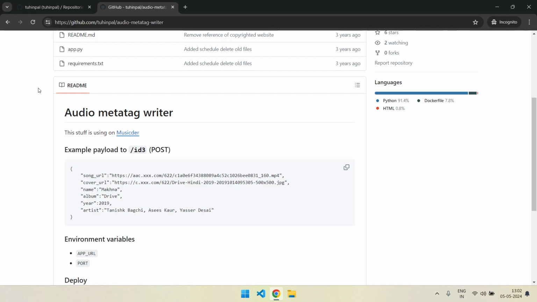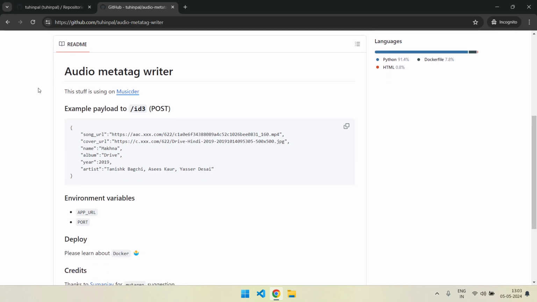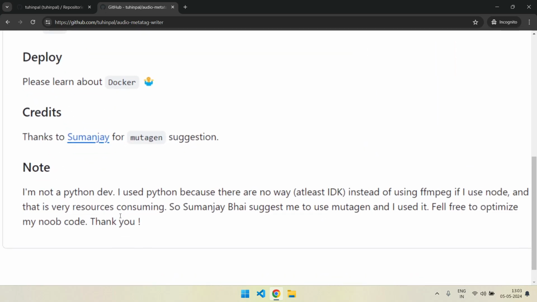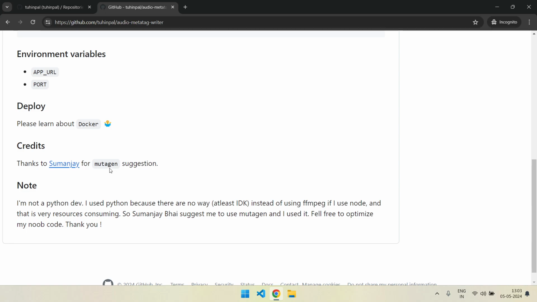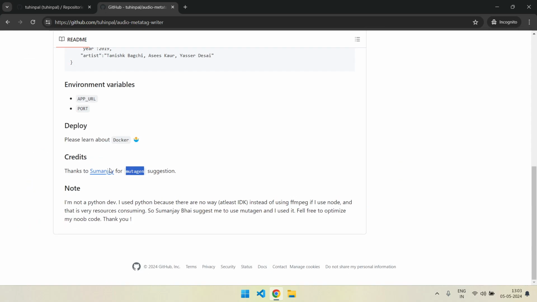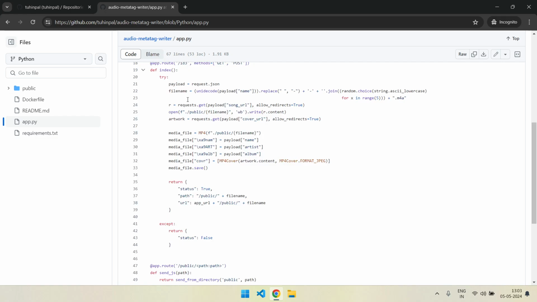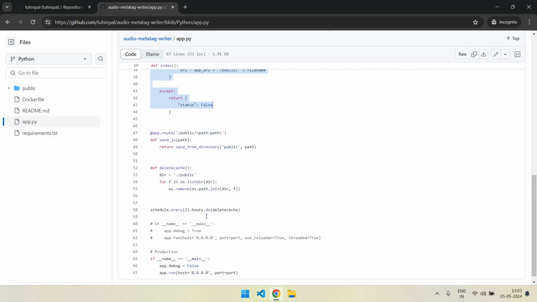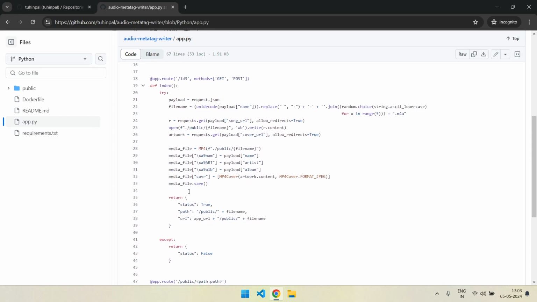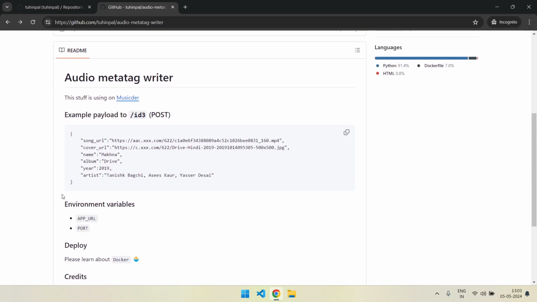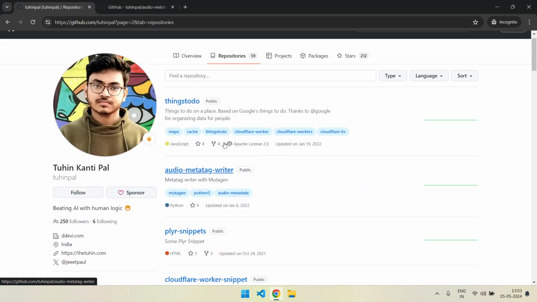So in music, the Geo7 didn't give you the meta tag on the audio. So Sumanjoy suggested I use mutagen, and this was, I think, my first Python project. So I wrote code which just uses mutagen and converts that, and then it also saves that into a cache. So yeah, this is the ID3 writer. I made this as my first Python project.